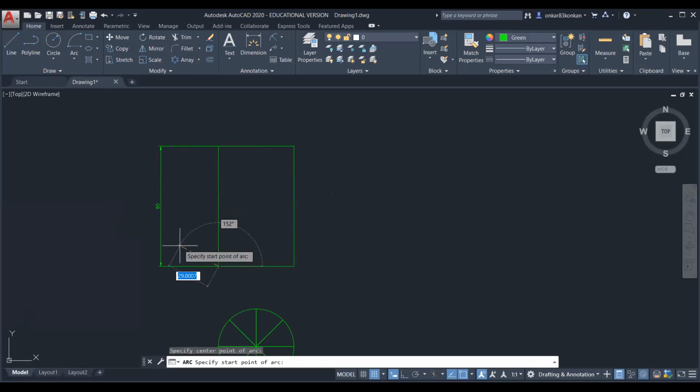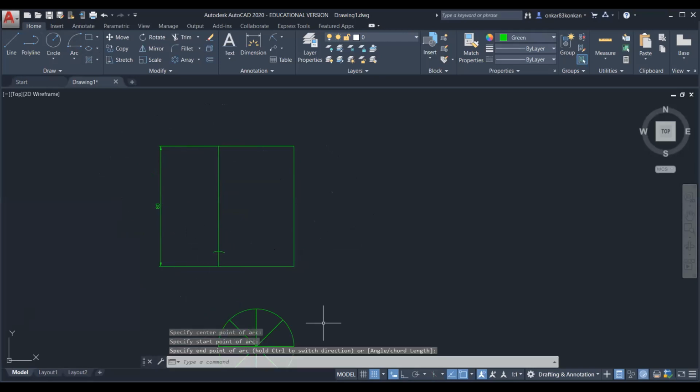So now take the distance in your compass that is equal to 10 mm, and draw this arc.